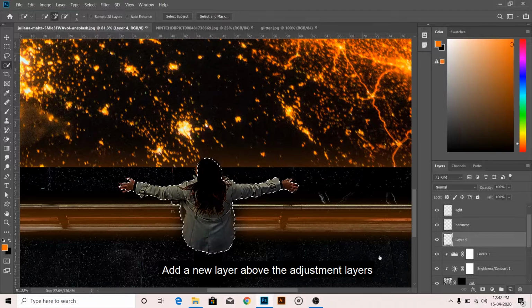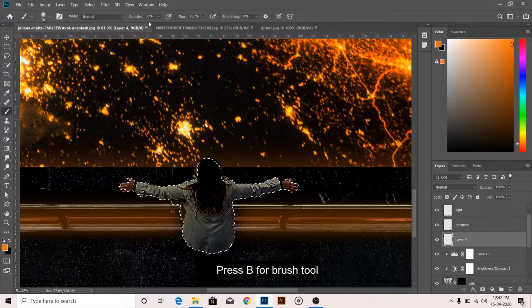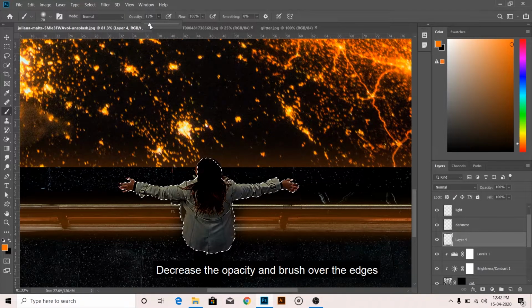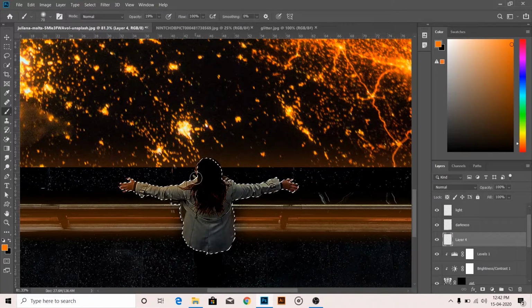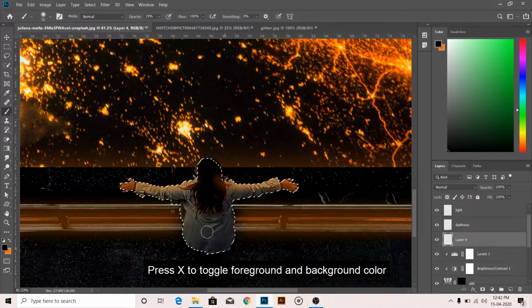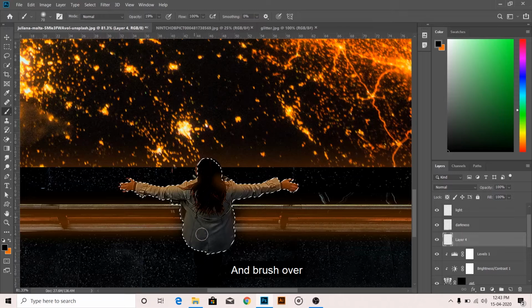Add a new layer above the adjustment layer. Press B for the brush tool. Decrease the opacity and brush over the edges. Now set the foreground color to black. Press X to toggle foreground and background color and brush over.